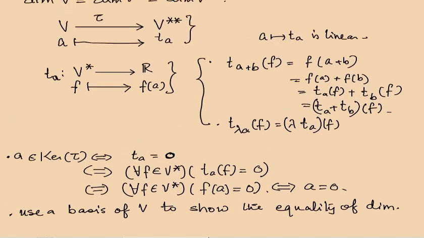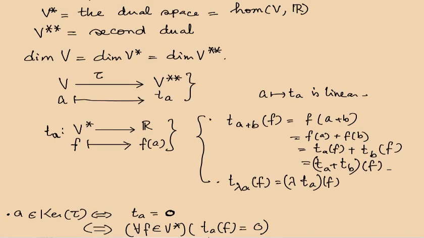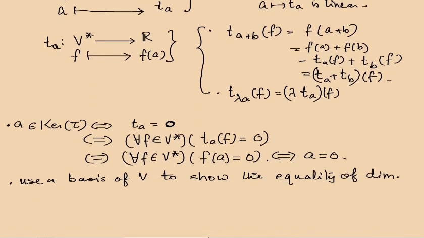So what did I do? Observe. Let me now put a little more, tau V. Okay? So I'm saying tau V. So what did I do? For each vector space, I have given you a linear map. This is a vector space. Okay? So I can see from